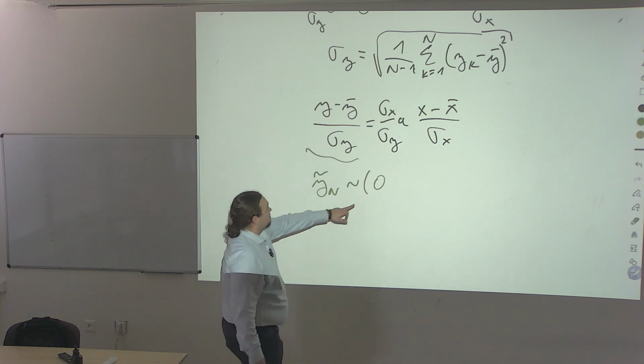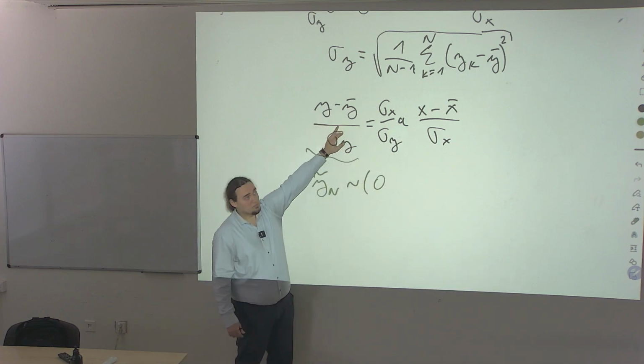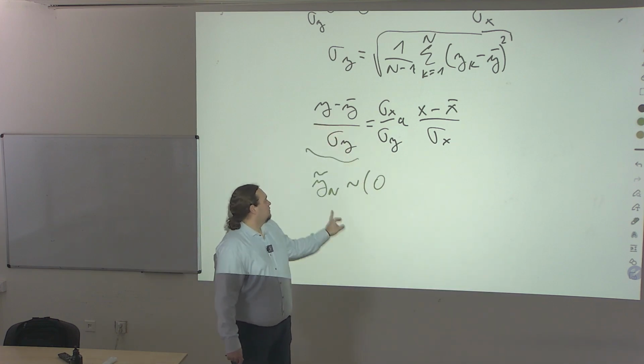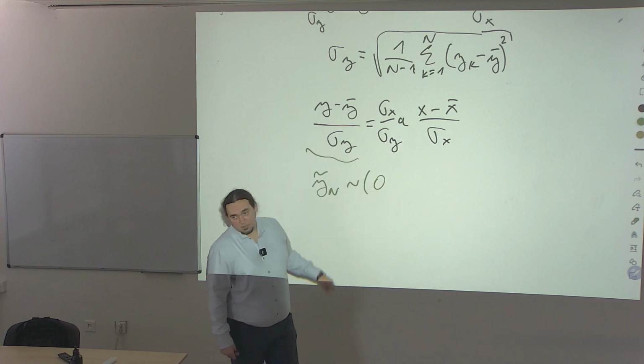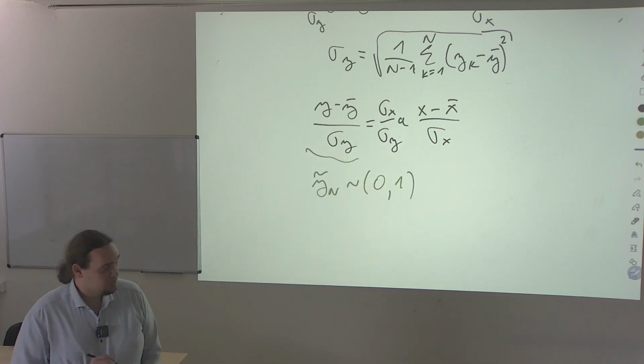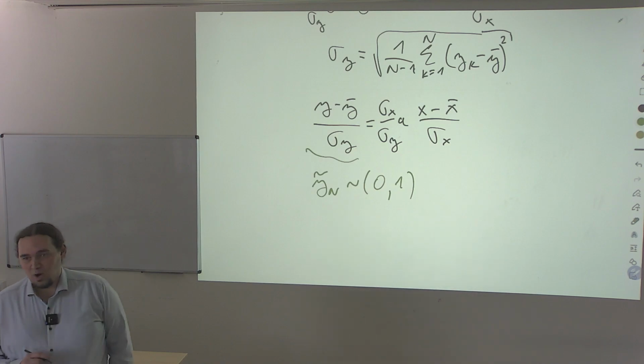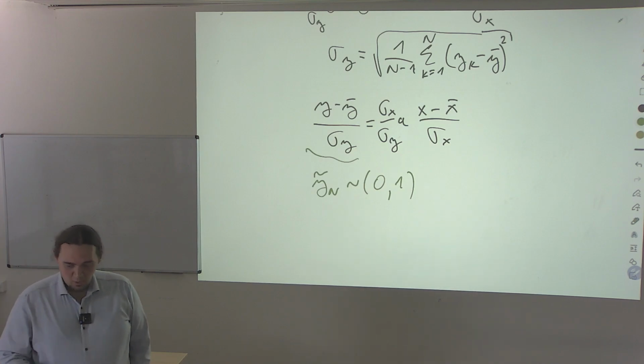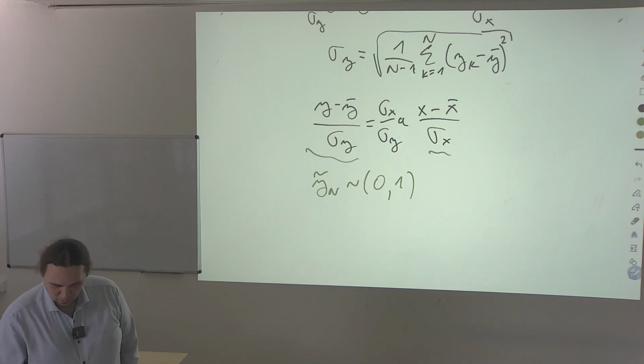We already know that because we are centering. We are removing the mean, but this division also gives a standard deviation of 1, and the same will go, of course,